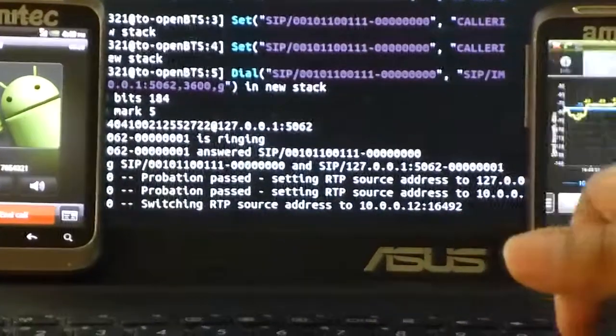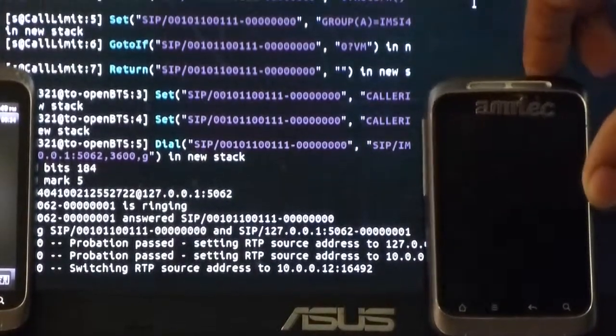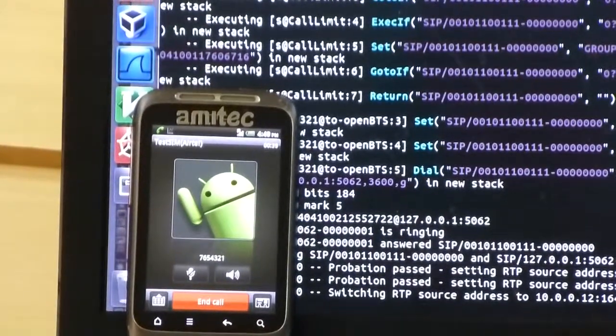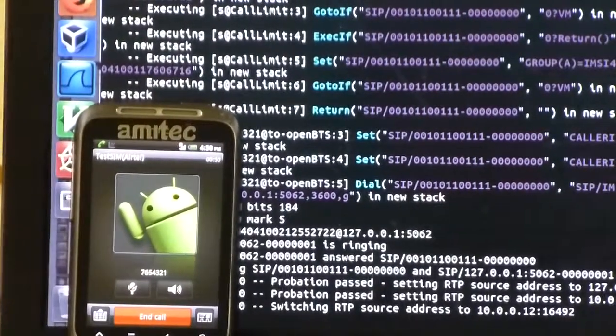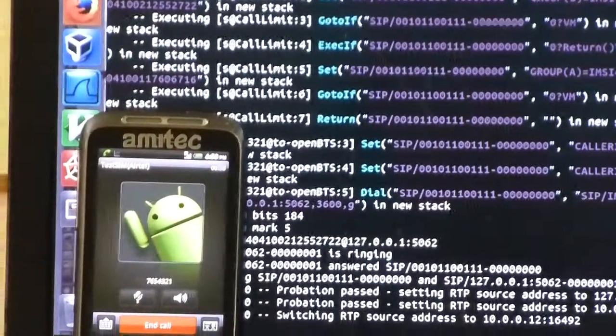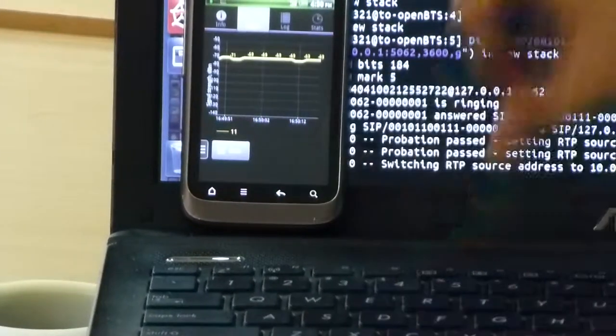Now if I see in our GSM monitoring app, it is currently showing that our serving base station is 11, which is this base station, and on this mobile phone also we can see that the serving base station has cell ID 11.